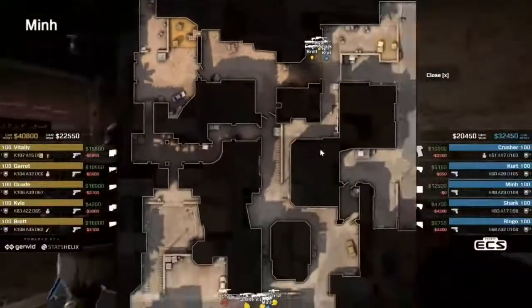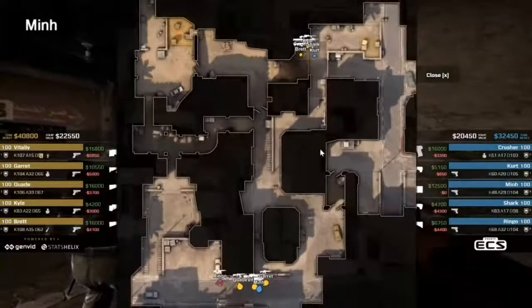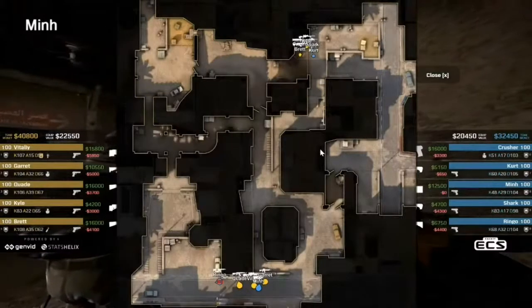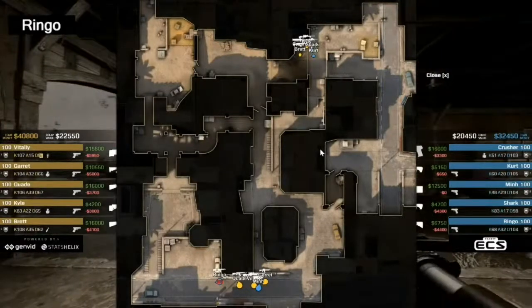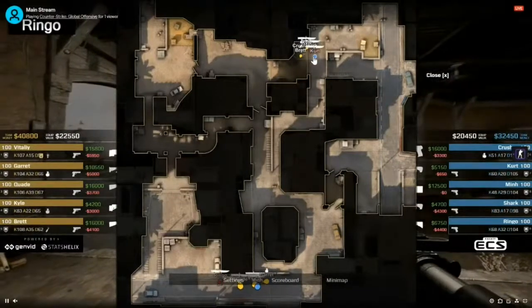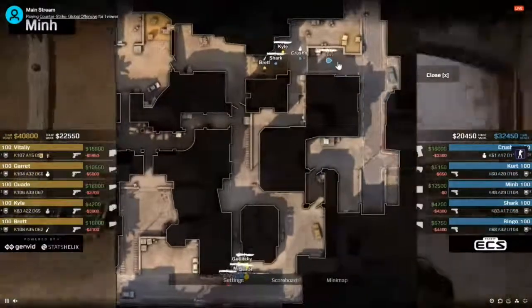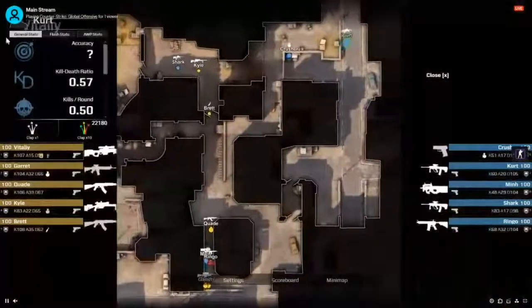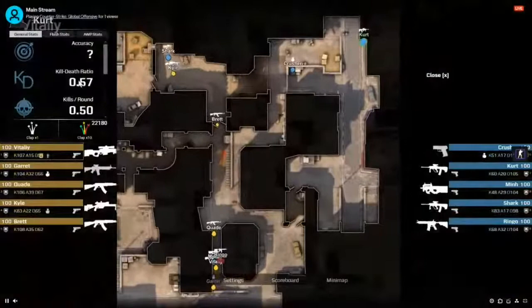And again, this also helps us recreate that stadium feeling. So now I'm watching the game. I get more information than I would when I'm just watching from the player's perspective. I can see all these different players, what team they're on, what direction they're facing in, what weapon they have active. I can select a player like Kurt here. Kurt's player card now ends up in the upper left-hand corner.